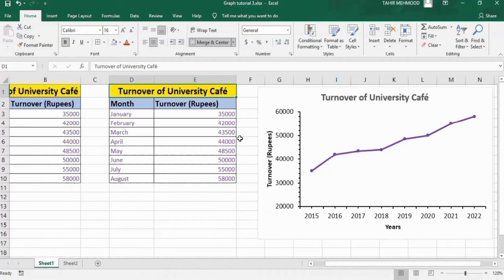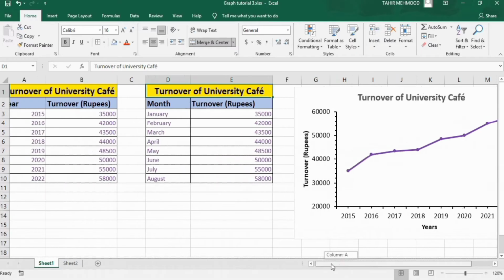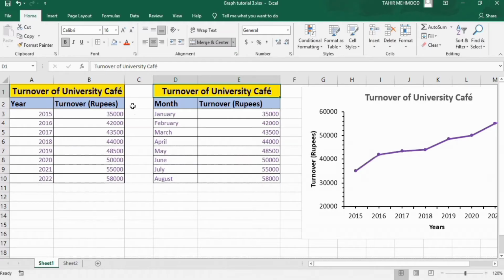In this tutorial, you will learn how to create this line graph in Microsoft Excel. Firstly, let's look at this data. You can see here I have entered two types of data because a separate technique is used to form a line graph using these data. For example, the first data shows the years, and the x-axis value is a whole number.